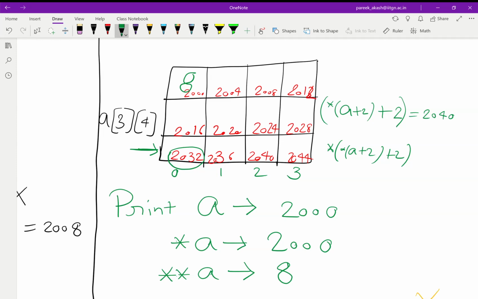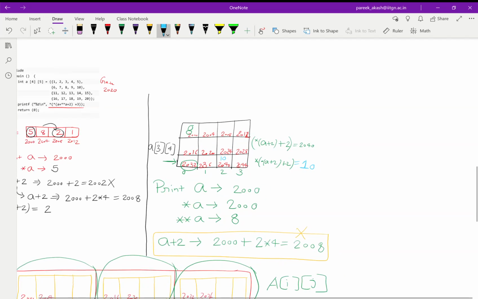Suppose the content at 2040 is 10, so it will give us 10. So in this way the 2D array works. I think it is clear to all of you how a 2D array behaves with pointers.